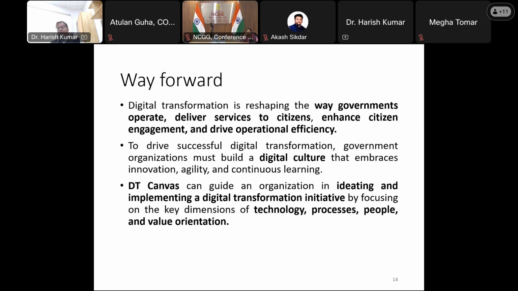So what is the way forward after this? In this case, digitally delivering the service to citizens, enhancing citizen engagement and driving operational efficiency from the government side. As policymakers, we need to focus on developing this digital culture. Ideation has a lot of management and methods, as a single individual, as a group, and as a team also. Multiple methods we usually discuss with our team on how to generate new ideas. Everyone says to get new ideas or think out of the box, so a lot of methods are also there to think in a different way.